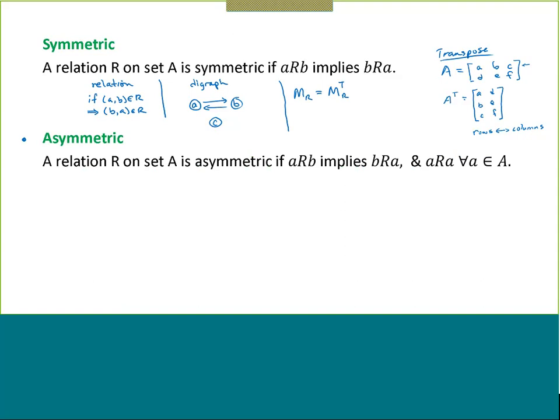Okay. So asymmetric, a relation R on some building set A, again, it's only one building set, so we're looking at relations that are subsets of A cross A, is considered to be asymmetric if,